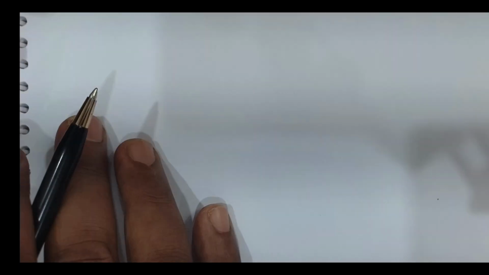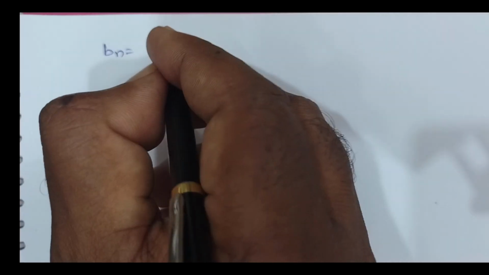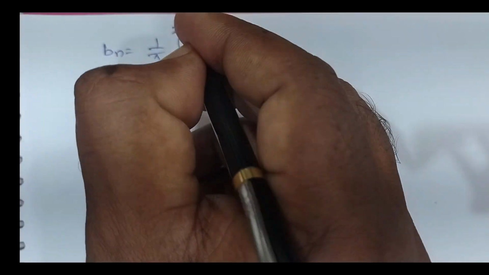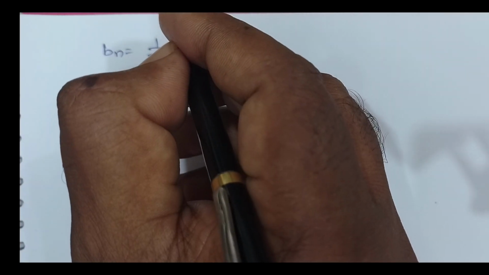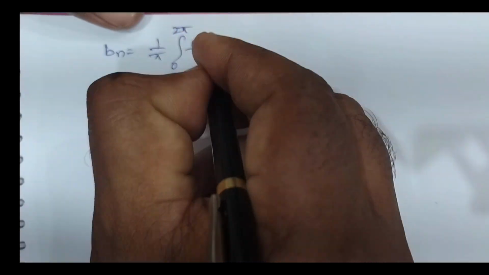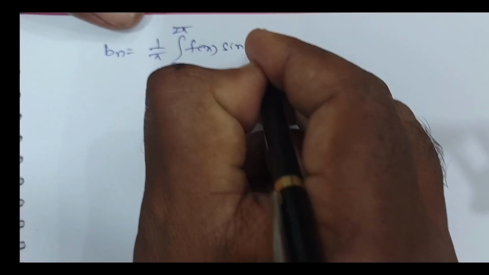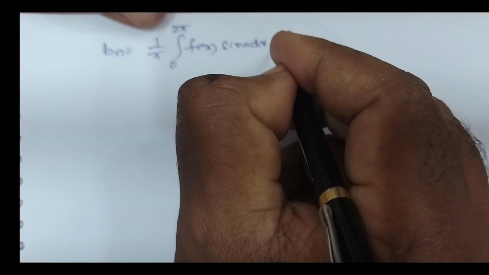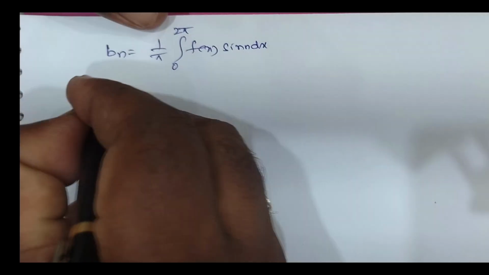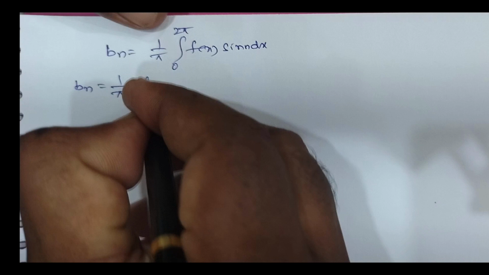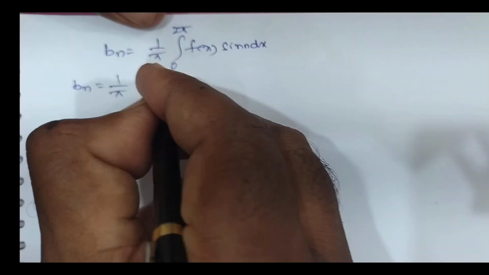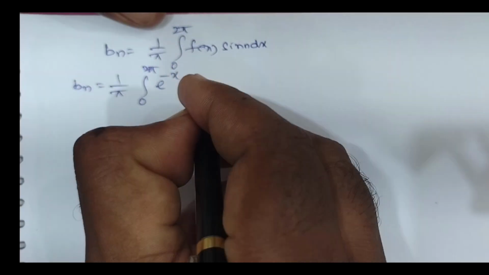So next, the calculation of bn. bn is equal to 1 by pi into the integration from 0 to 2 pi of f of x into sin nx dx. That is, bn is equal to 1 by pi into the integration from 0 to 2 pi of f of x, which means e power minus x, sin nx